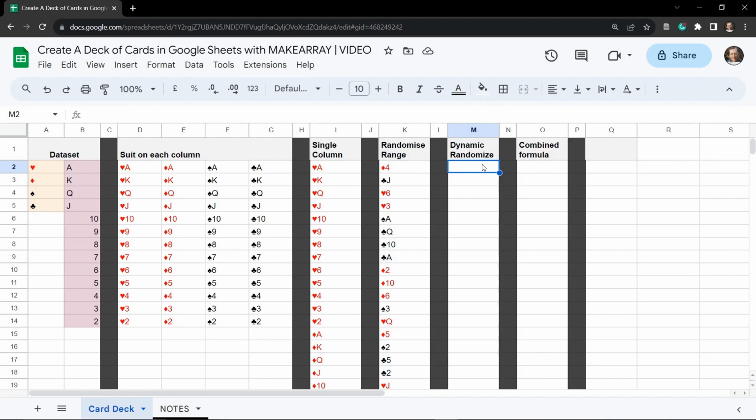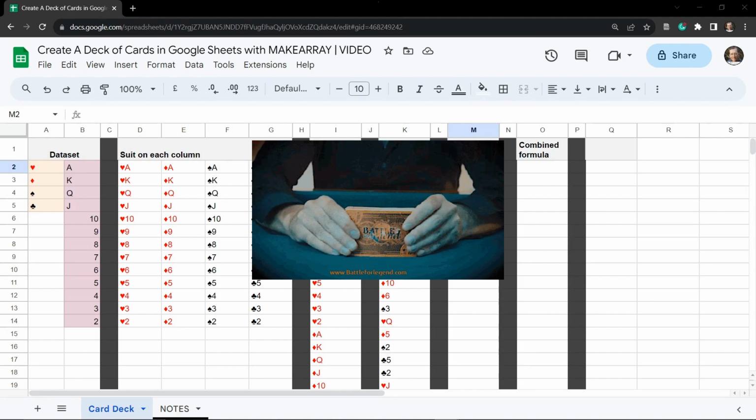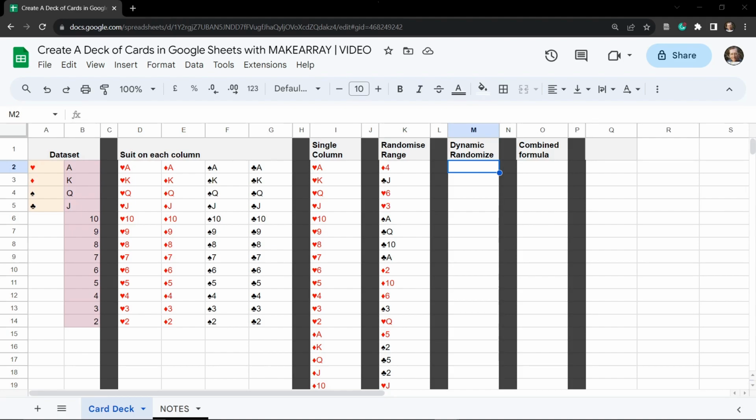Now, what if we wanted to dynamically randomize our range? So just imagine us constantly shuffling our deck every time we carry out an action. Well, let me show you how this works. To do this, we're going to use 4 new functions here. Our primary function to create this is going to be the RANDARRAY function, and that's been around in Google Sheets for quite some time. But let's see how the RANDARRAY